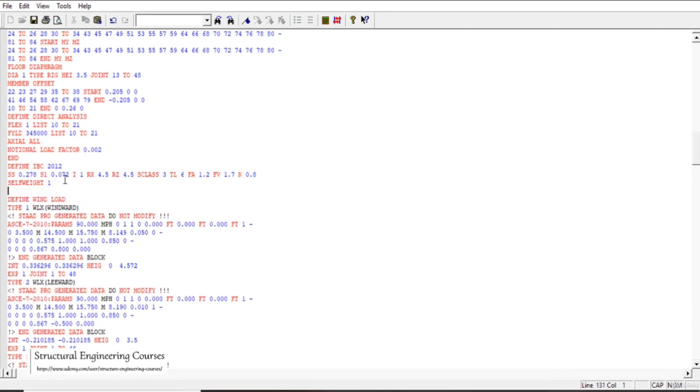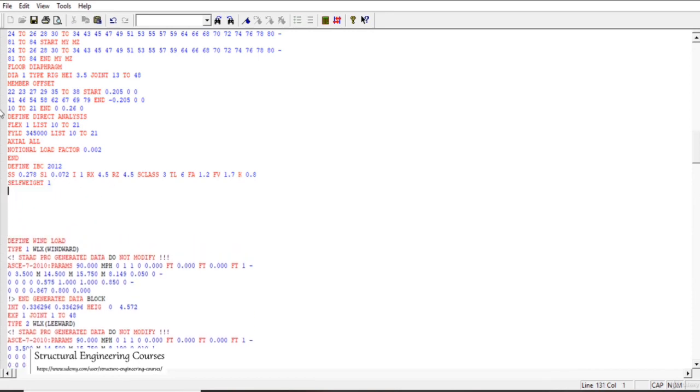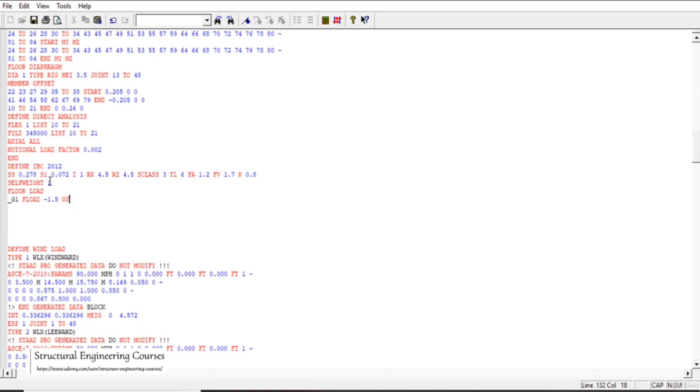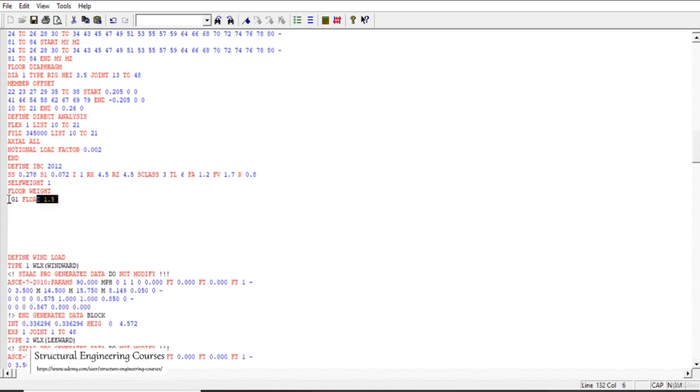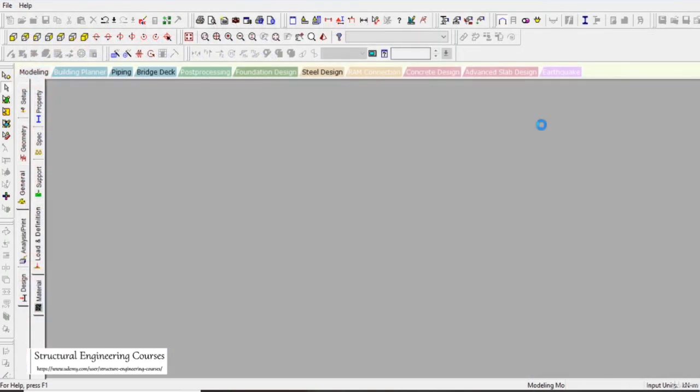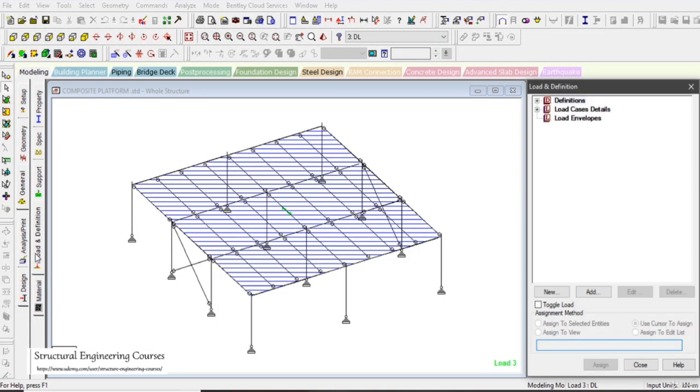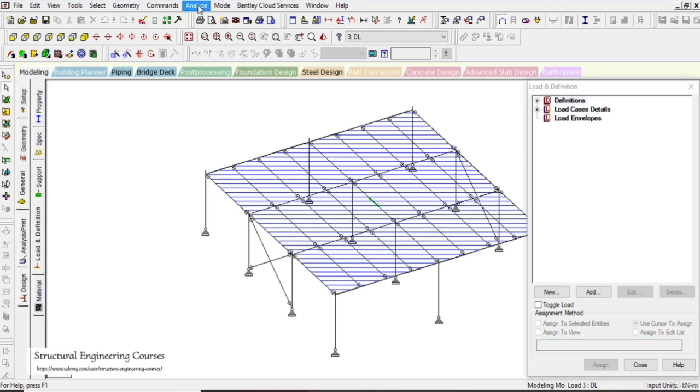So here we need to enter the seismic definitions. We need to enter the floor weight here and F load as 1.5 and remove the GY. Similarly we need to enter the live loads also. So we can enter the 100% live load, on the conservative side only. So now we have assigned the seismic definition correctly, and after that you need to go to analyze and